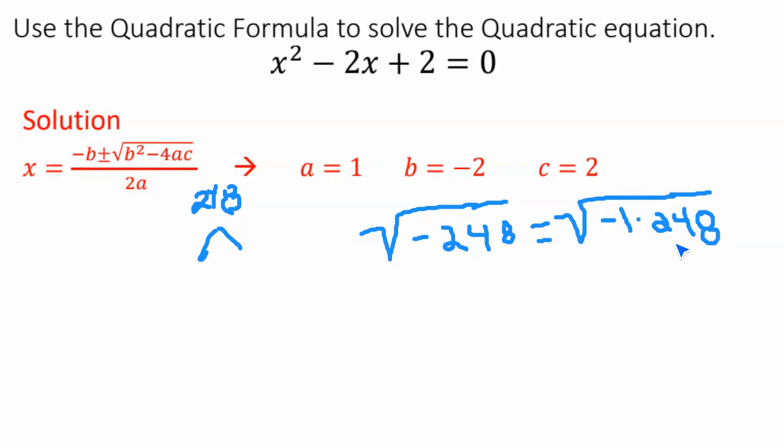So 248 is an even number, so its first prime factor is 2. So what I'll do is divide 248 by 2, and this is going to give me 124. 2 times 124 will give me the 248. Okay, so 2 is a prime number, but I see